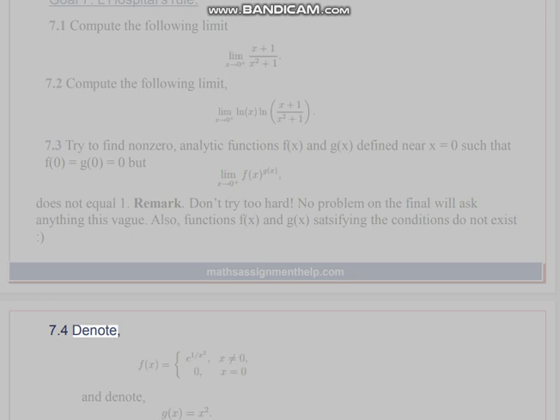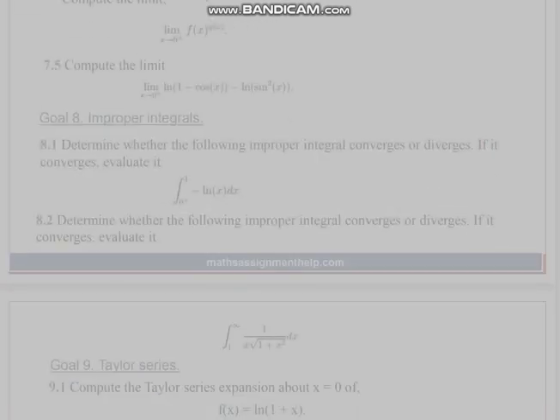7.4 Denote, and denote, compute the limit. 7.5 Compute the limit. Goal 8. Improper integrals. 8.1 Determine whether the following improper